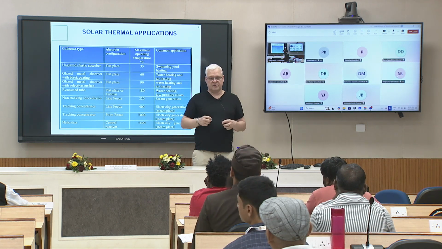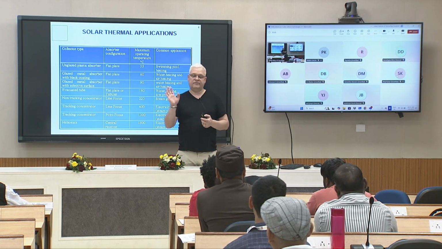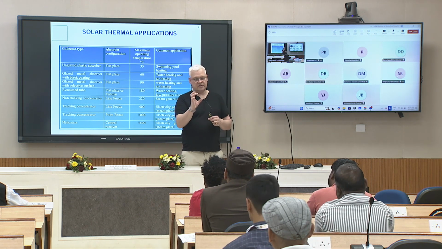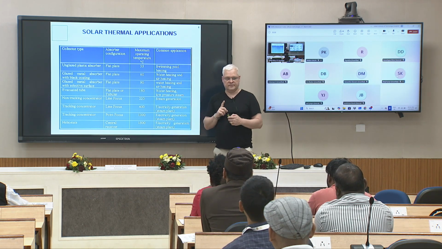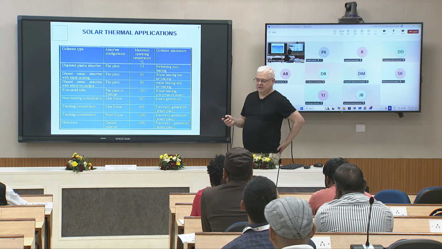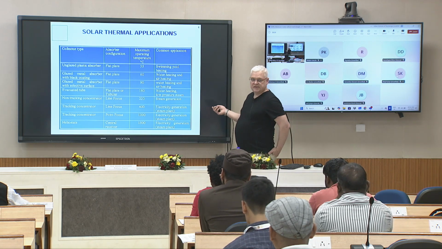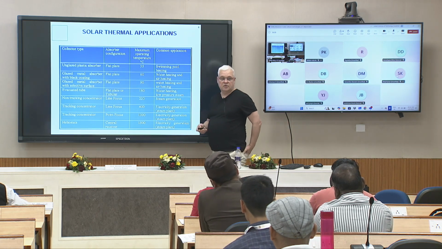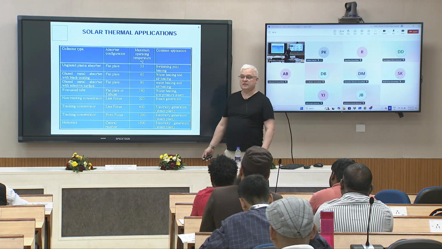If you remember the furnace of Odeillo, there are heliostats reflecting onto a big parabola, which reflects to one point, and here we are able to reach more than 4,000 degrees. But it's very rare. I think there are not too many applications of this kind. So this is a large range of temperature that we can reach, so that we can find applications in many fields,